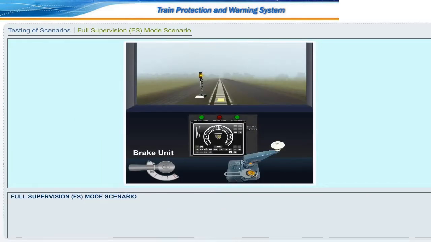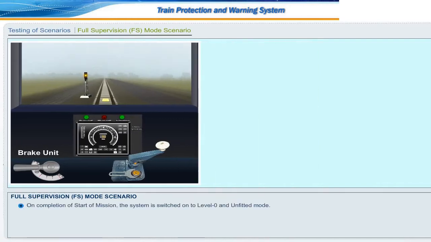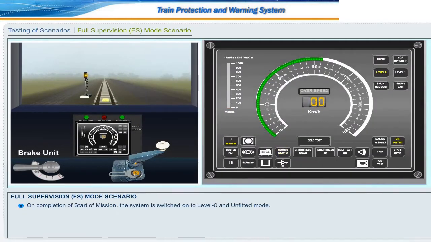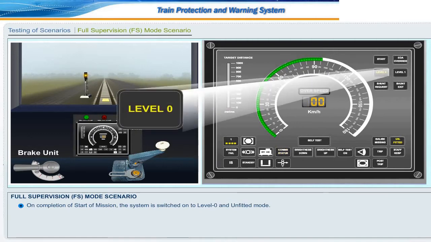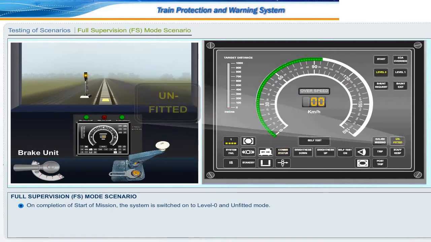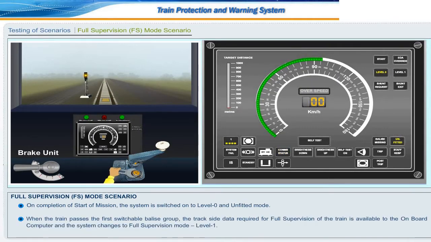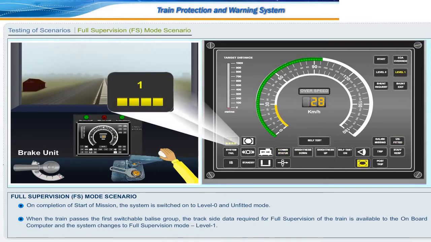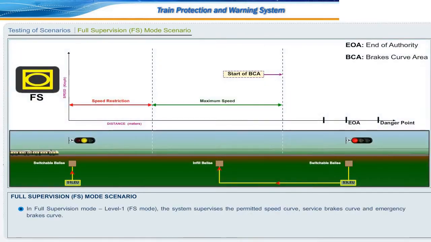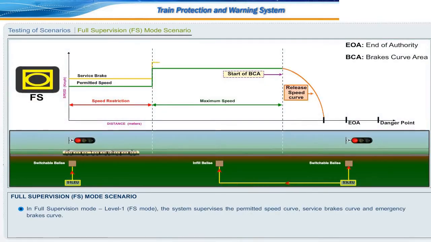Full supervision, that is FS mode scenario. On completion of start of mission, the system is switched on to level 0 and unfitted mode. When the train passes the first switchable balise group, the trackside data required for full supervision of the train is available to the onboard computer and the system changes to full supervision mode level 1. In full supervision,